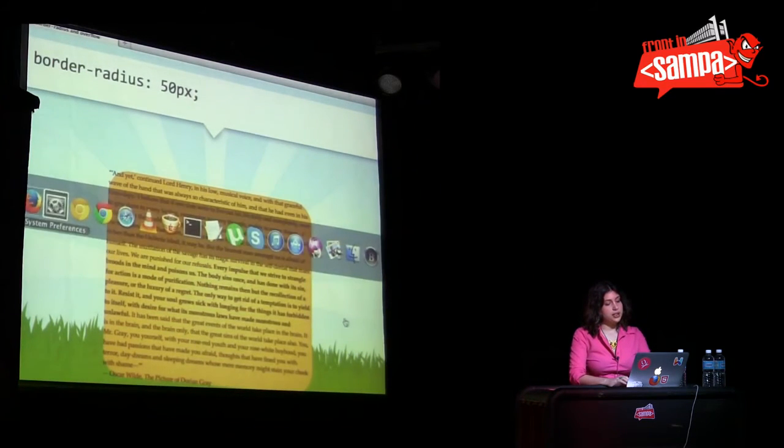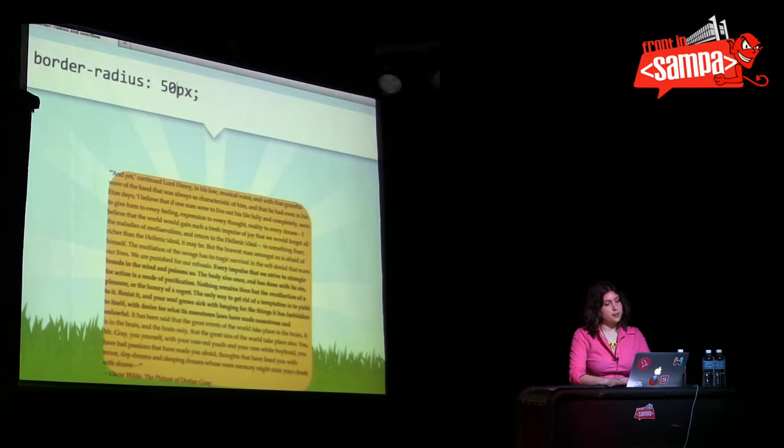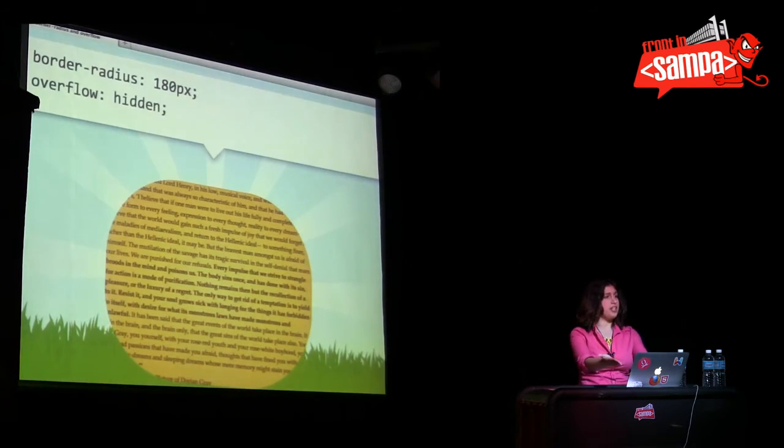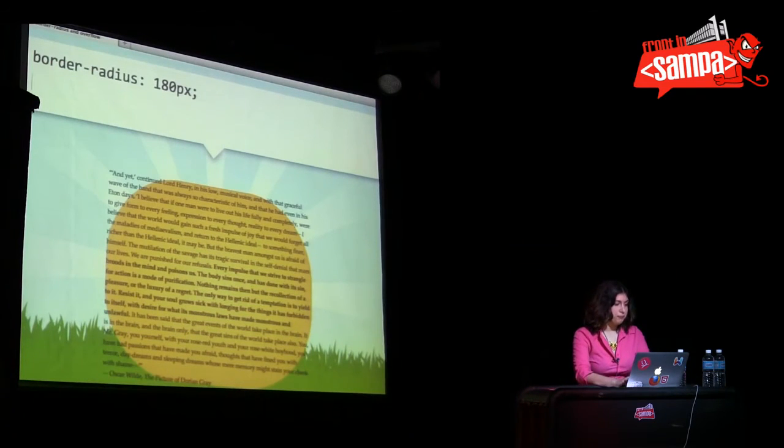So here's an interesting point to note about border radius. It doesn't affect text wrapping, which looks worse and worse the bigger your border radius gets. There's no easy way around this, unfortunately. One way to get around it would be to specify overflow hidden, but that's horrible. We can't read our text anymore. So that won't work. We can specify padding,